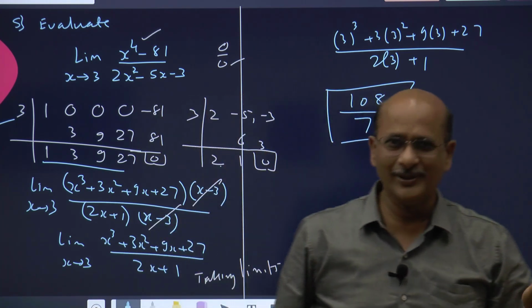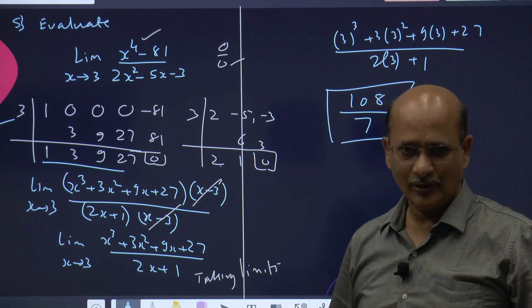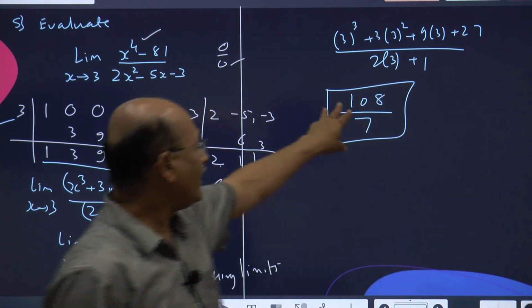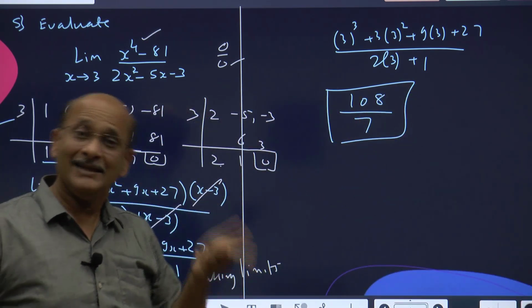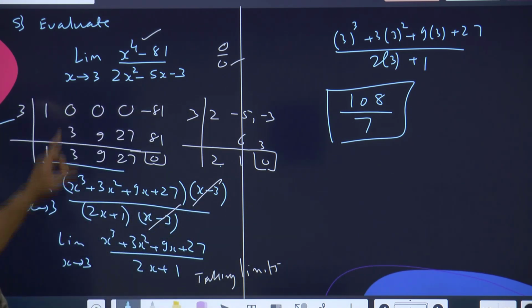I hope you don't have any reservation that when you get a fraction, it is wrong. It's not that way. Always keep that in mind. Every value has its own significance and importance. Now I hope you got this point clear, children. So remember, whenever an algebraic function happens,